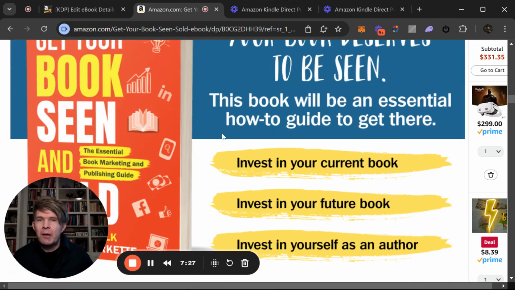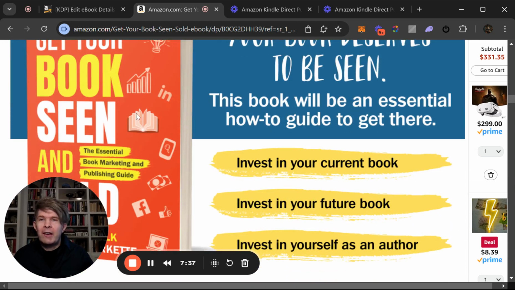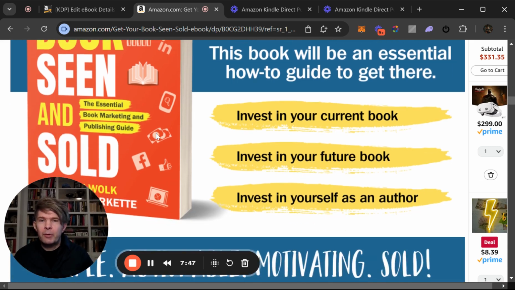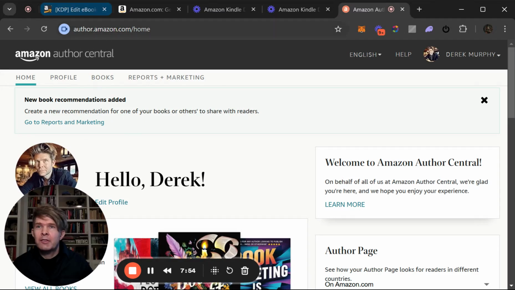You can do this with A+ content. You might be able to do this on your Amazon author account. On your author page, you have access to some additional things like from the publisher. You can add editorial reviews. You want real reviews on Amazon because that influences conversion more than anything. But if you have extra reviews that you've gotten from other people, you could put them in the Author Central area. To do that, you just go to